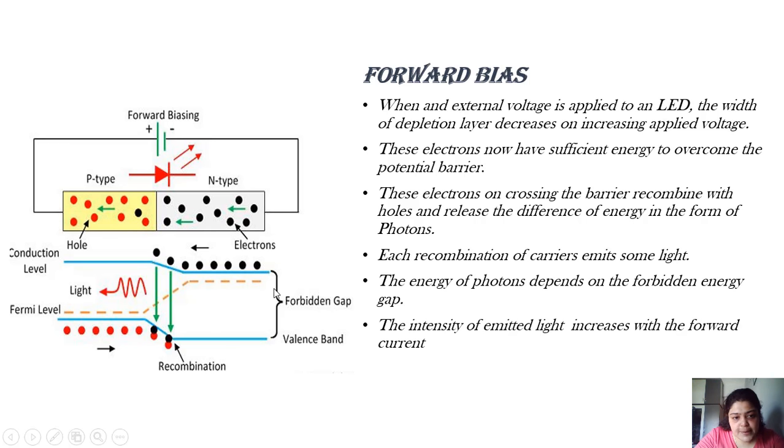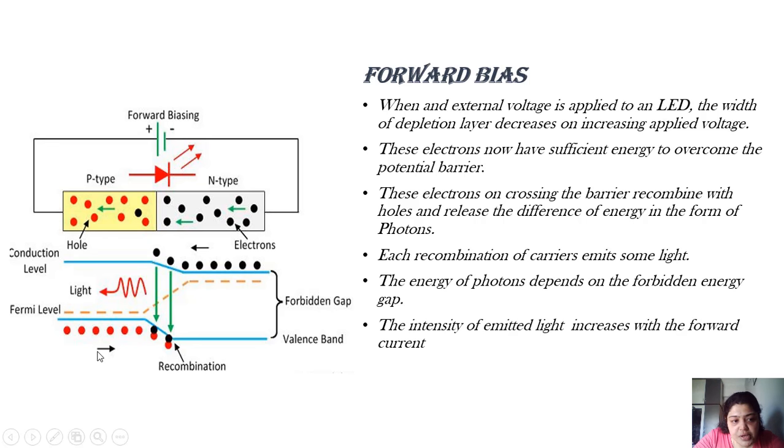Now let us just see here. You can see in the energy band diagram that the electrons are moving like this. Electrons are moving towards the p-type conduction band. But the p-type conduction band is at a higher level, so these electrons will come towards the valence band of the p side, because holes are always in the valence band. So these electrons are coming down. The difference of energy, the difference between the conduction band and the valence band, is being emitted in the form of light. So this is basically the recombination process, which will only take place when the LED is forward biased.